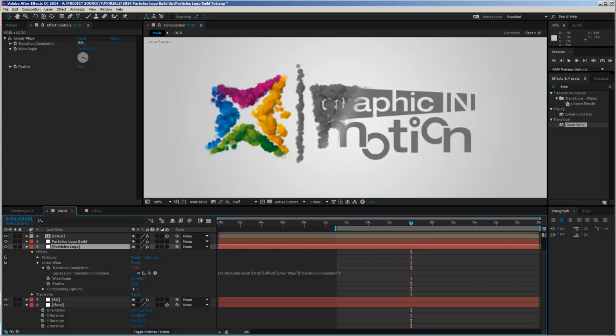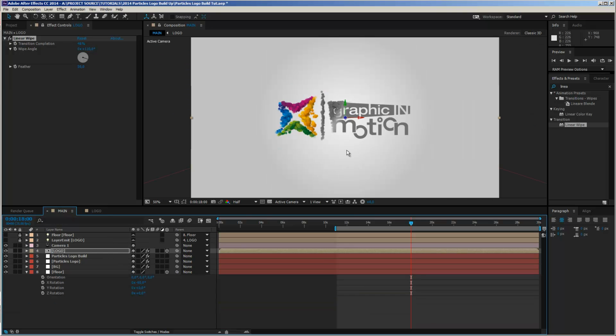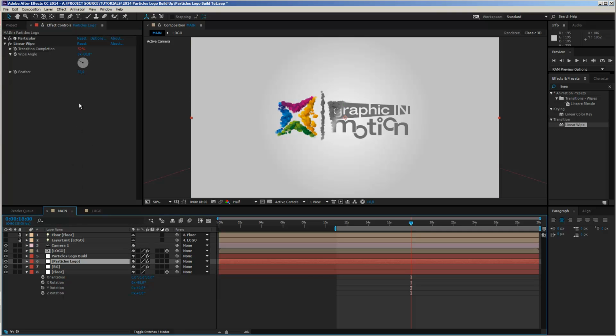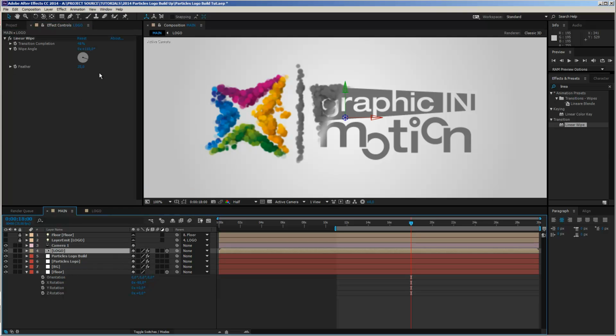So let's take a look. And now you see if I change this, it will create a nice reveal. So maybe on my logo layer, I will just reduce the value. I will unlink this for a moment, or unlock it, to about, I don't know, 25, maybe 50 is a little bit too much, and maybe do the same here. Let's take a look whether this still works. Now we have a little bit of an edge here, but you see we will really create a very quick animation, so it will not disturb us that much.